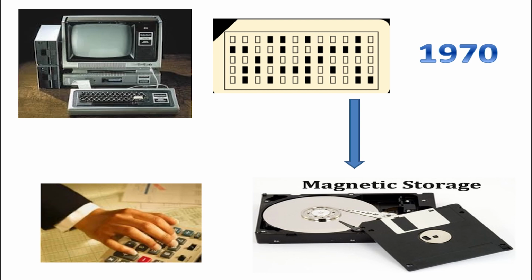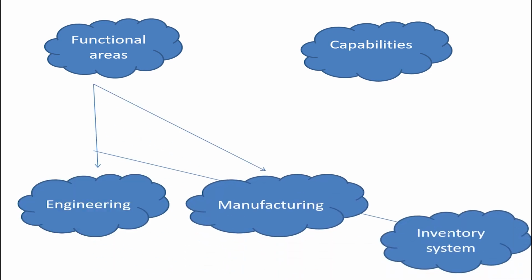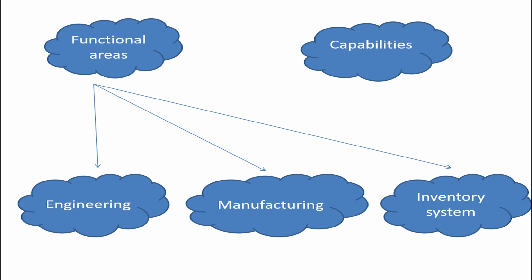MIS developed as the most crucial accounting functions became computerized. Waves of information spread the fundamental virtues of coherent information systems across all the corporate functions and to all sizes of businesses in the 1970s, 80s, and 90s. Within companies, major functional areas developed their own MIS capabilities. Often, these were not yet connected because the networks were not developed. Engineering, manufacturing, and inventory systems developed side by side, sometimes running on specialized software and hardware.